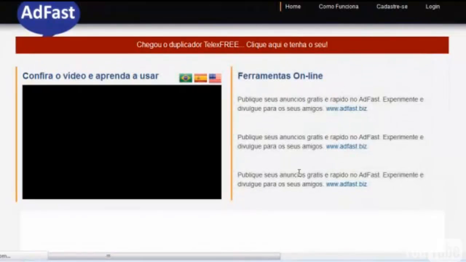Alright, and you want to make sure that you go to adfast.biz. As you can see here, it says adfast.biz. Let me just go to the home page so you can actually see what it looks like, and I will move this over here. So this is what the page looks like